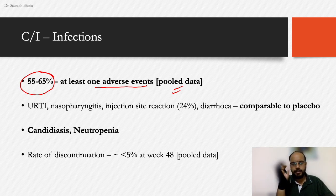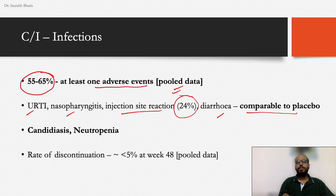Most common adverse events were URTI, nasopharyngitis, injection site reactions, roughly about 1/4, and diarrhea, but all of these side effects were comparable to placebo. So they were more than placebo, but not significantly more. Candidiasis and neutropenia are also separately mentioned in the product insert of these biologicals. Remember that